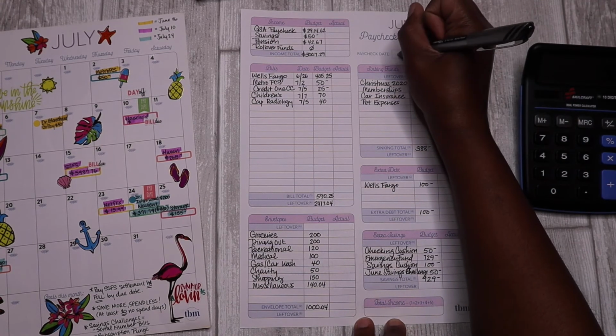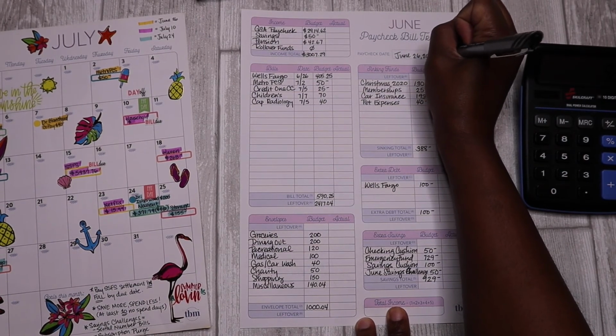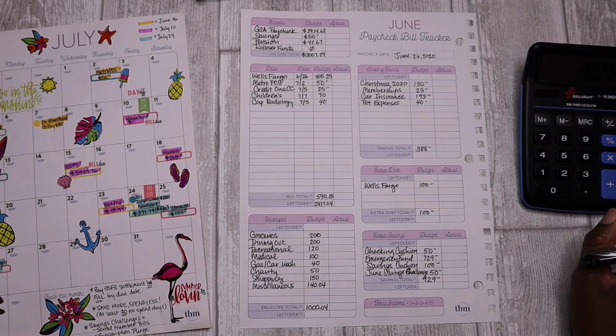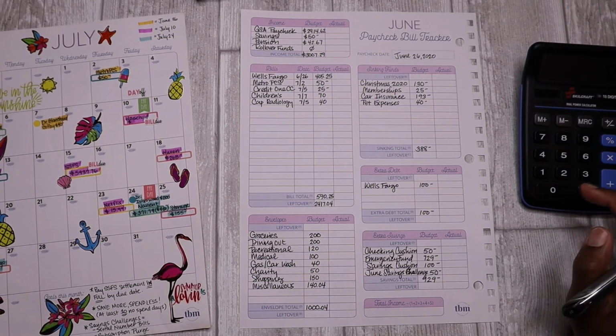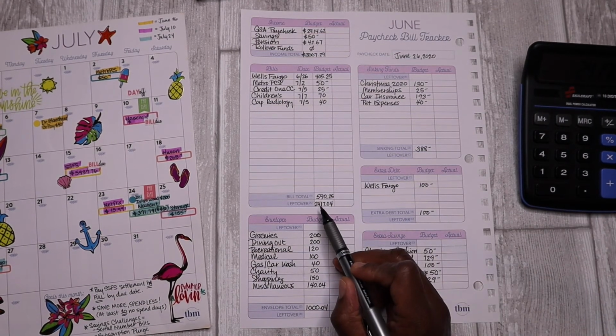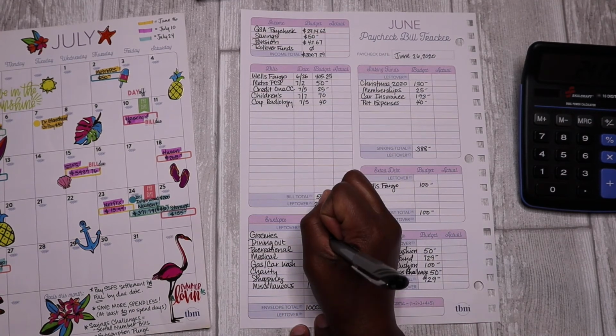I'm going to go up here, write in my paycheck date again, and then we're going to zero out my budget. So starting with my income total, $3,007.29 minus my bill total, $590.25, leaves me with $2,417.04. I'm going to bring that down to the leftover row in variable expenses,